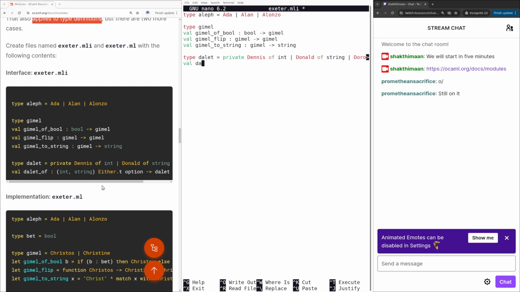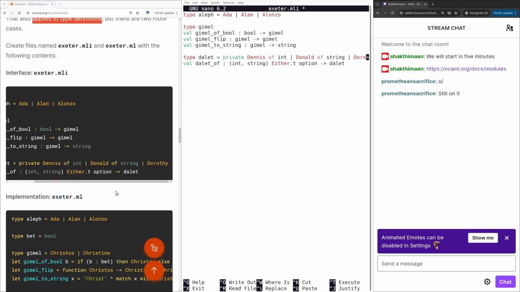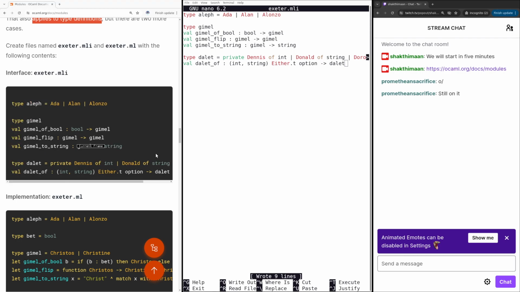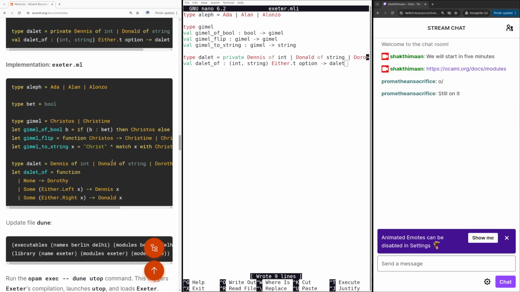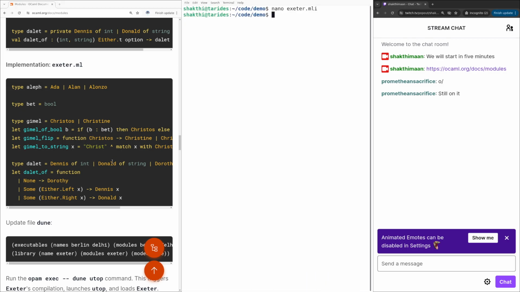Then we have val dalet of int string, which is either option, and returns a dalet. Hopefully I have not made any typos there, but we can check this once we try to run this. Let's create